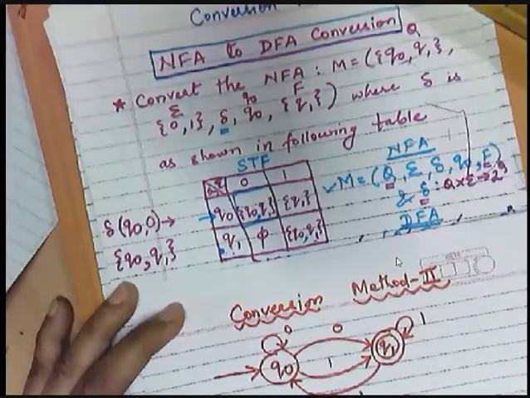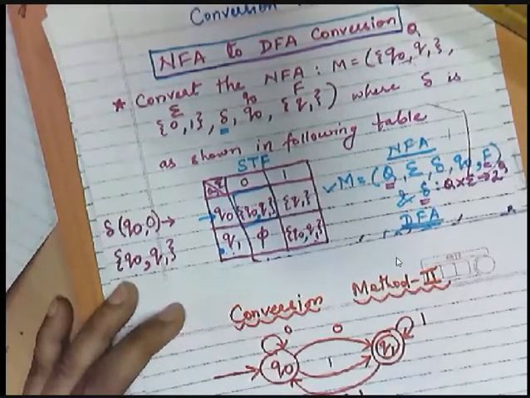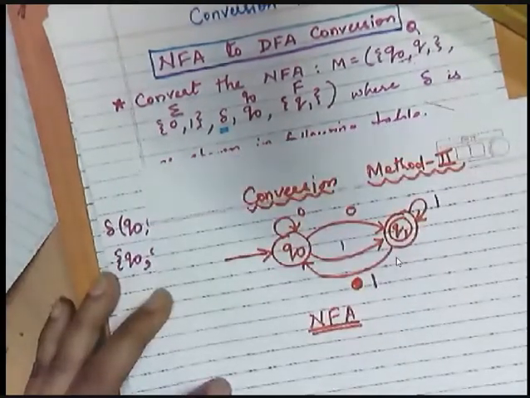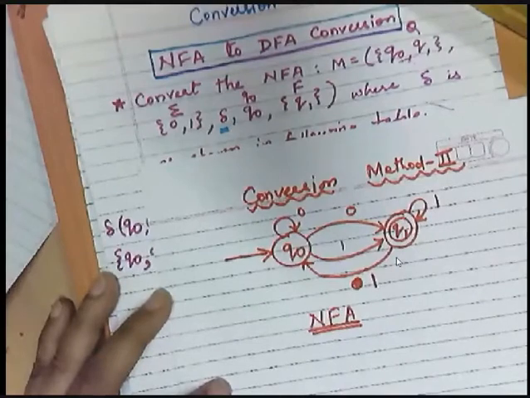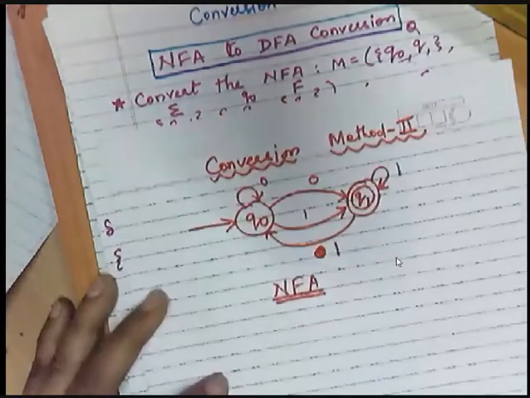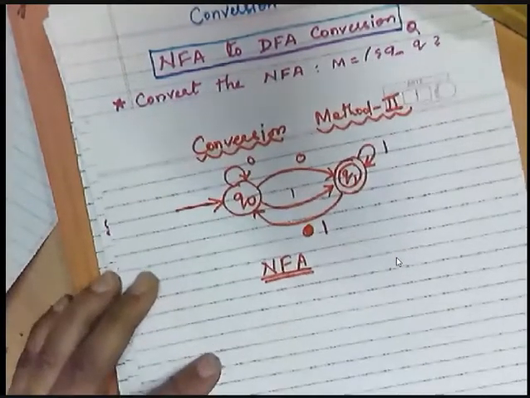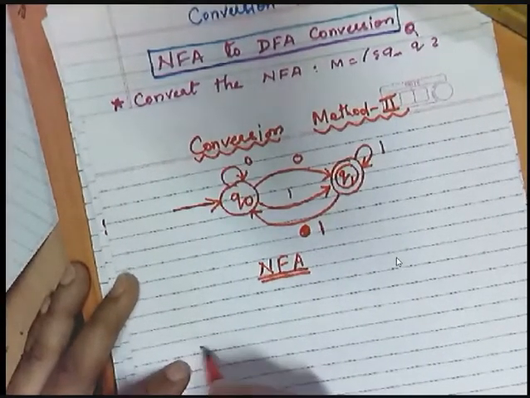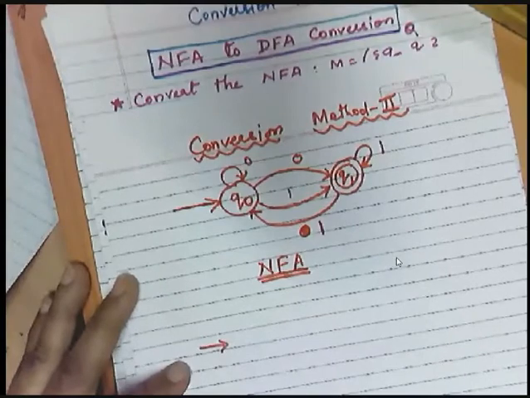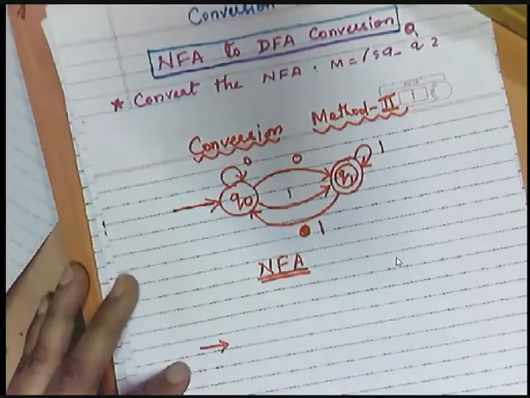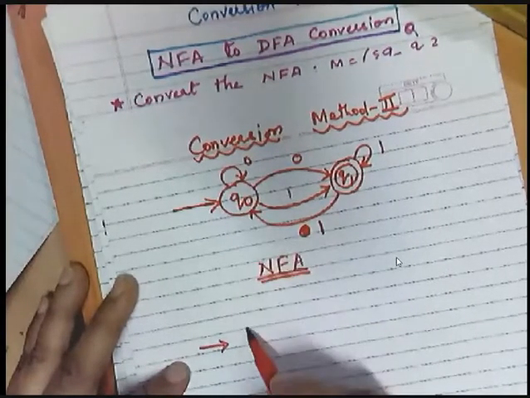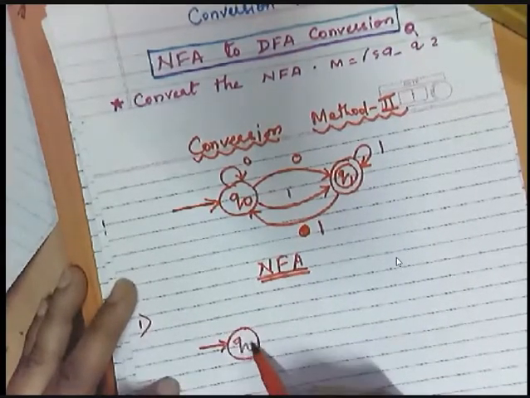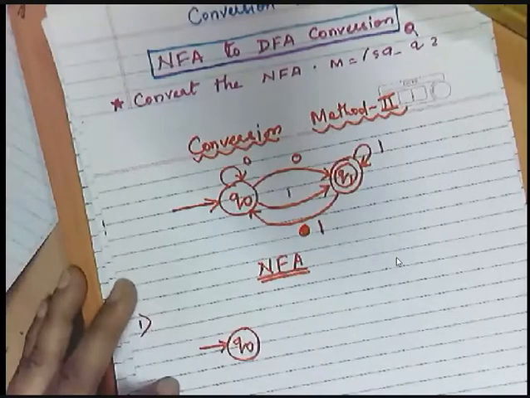So this is your NFA, and you want to convert this NFA with the direct method into a DFA. Now how to do it? Are you able to listen to me? I hope you are listening, and if not, just inform me. So see what to do. Very first, we will copy. This is the first step. We will copy Q0 as it is.